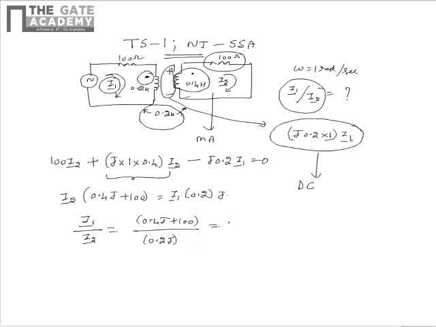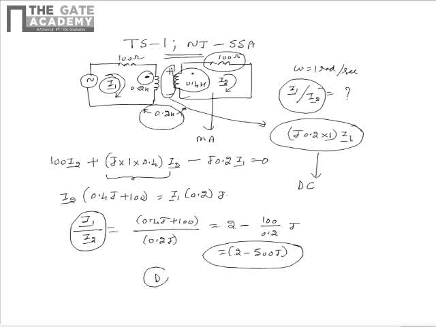So upon division, we see that this can be written as 2 minus 100 divided by 0.2 j. So this upon simplification becomes 2 minus 500 j. From this we see that the ratio of the phasors I1 by I2 can be written as 2 minus 500 j upon using the dot convention and the KVL. Hence we see that the correct option corresponding to the ratio of the phasors is